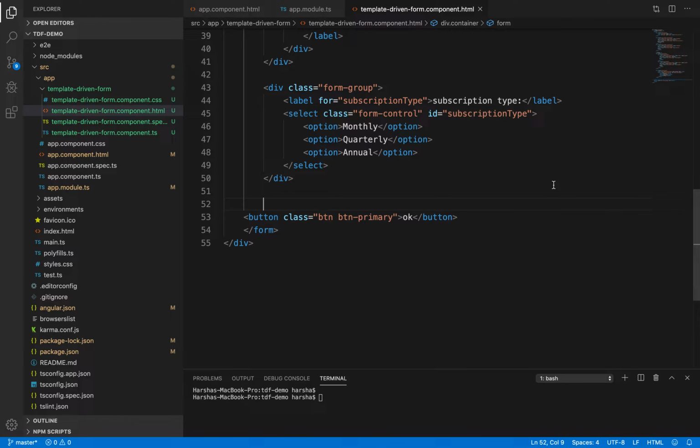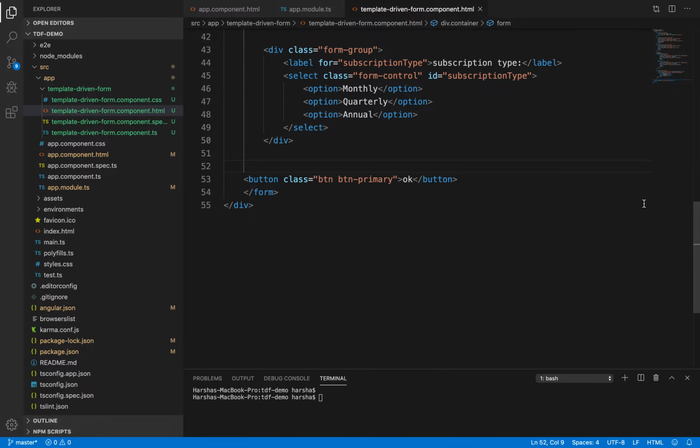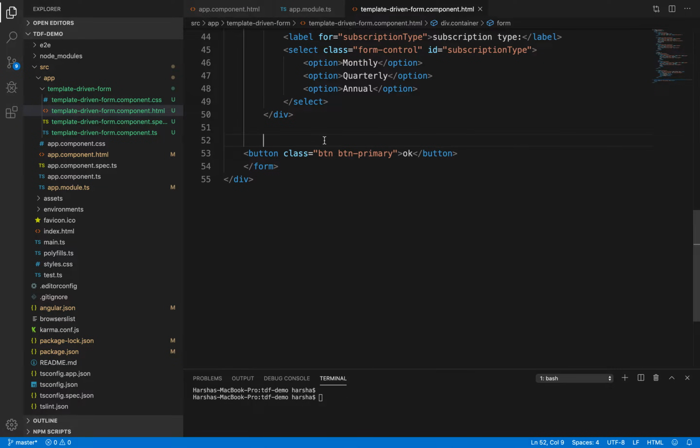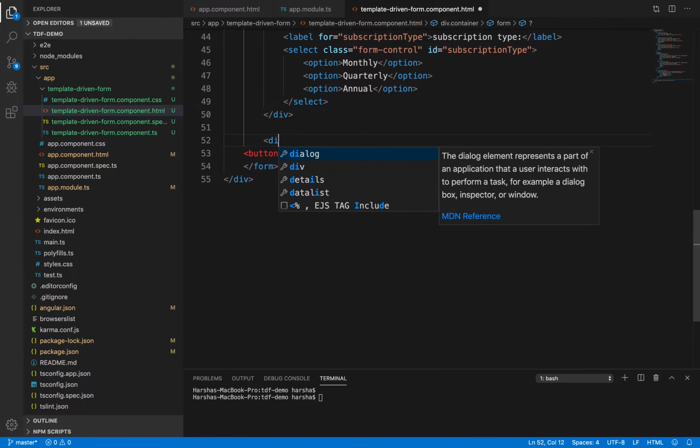In the previous video, we had added a few form controls to our form like checkbox, radio button, and select dropdown. So in this video, let's see a few more important form controls which we wish to add to our form. Okay, let's create a text area for this form by using div